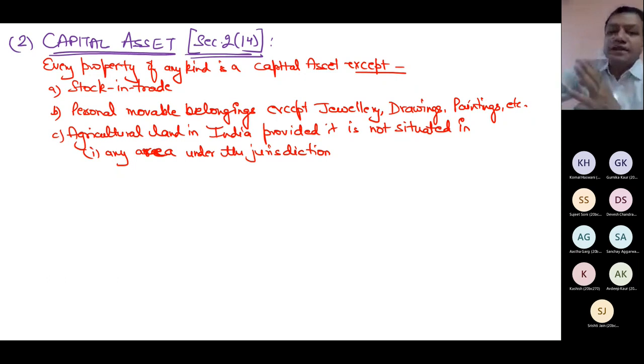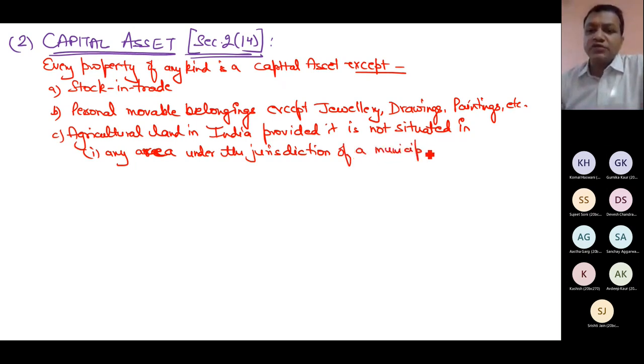You sell the agricultural land in a village in India, you are not supposed to compute any capital gain. You sell the agricultural land in Delhi, you have to compute capital gain. So any agricultural land in India is not a capital asset, but if it is situated in those areas which I will tell, it will become a capital asset, and you have to compute capital gain. In any area under the jurisdiction of a municipality,